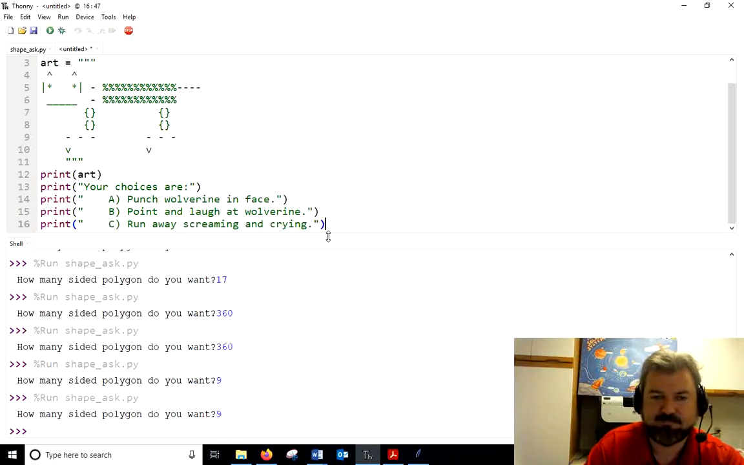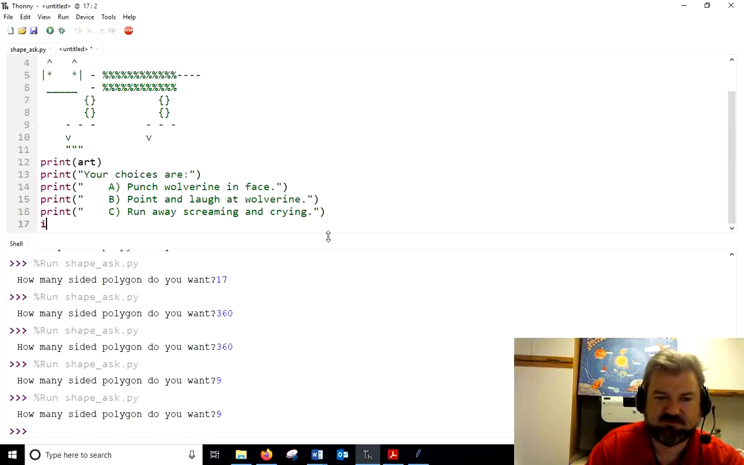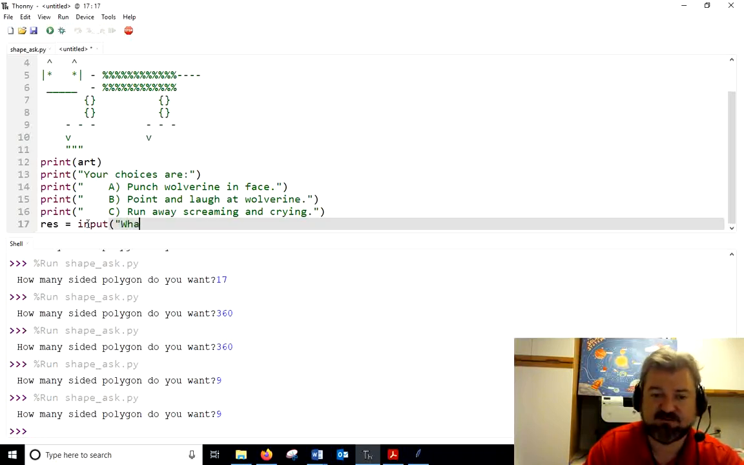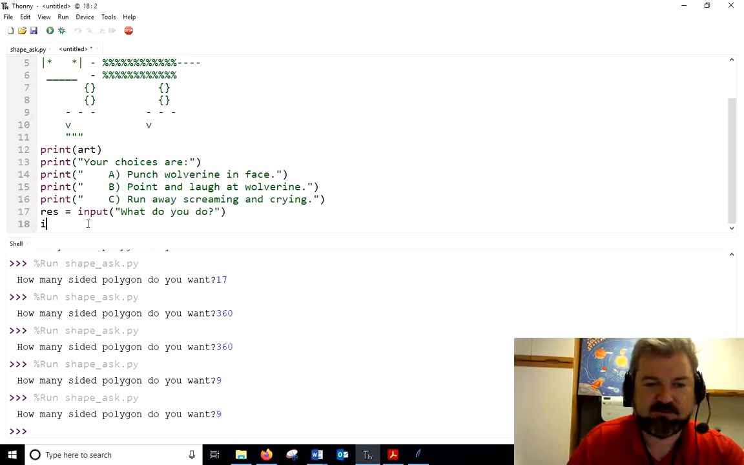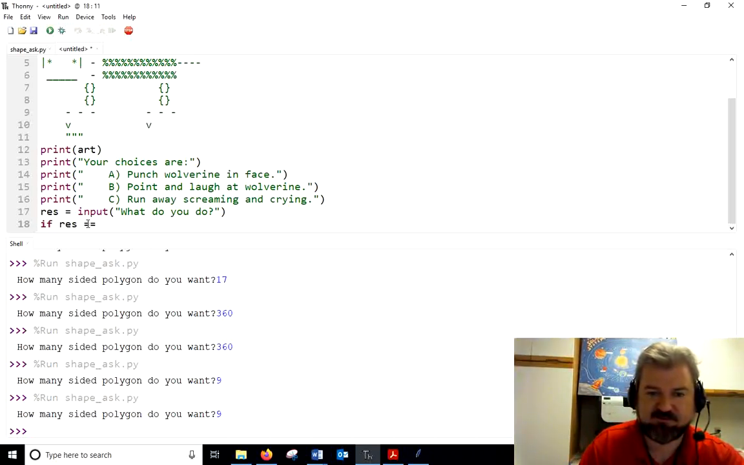All right. Input. Well, we've got to catch the input. See, I've got to have a variable, res, for response or something like that. And I'll say, what do you do? All right, so now we can use our if statements. If res is equal to A,